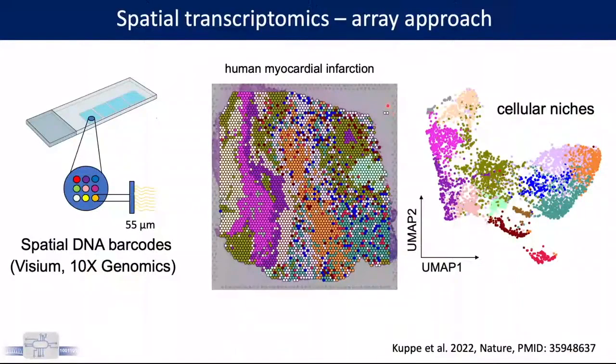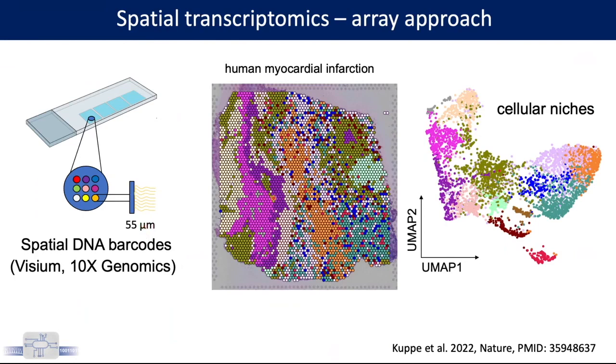We previously also used spatial transcriptomics in my postdoc time with Raphael Kramer's group in Aachen to decode the spatial drivers of human myocardial infarction using Visium from 10x Genomics. As you might know, this is a spatial DNA barcoding, so NGS sequencing spatial method, however, with a 55 micrometer